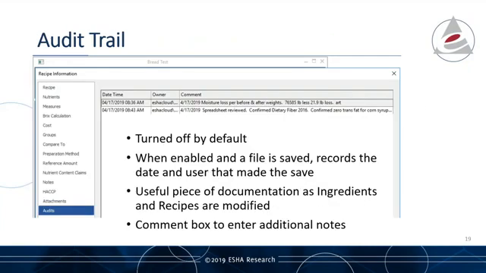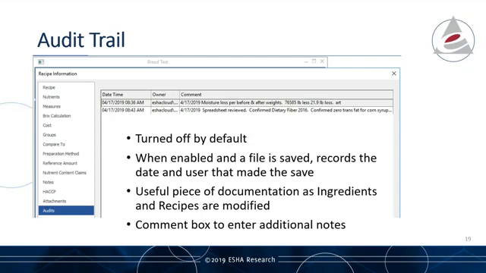And one last item I want to mention before jumping into the program is the Audit Trail feature. The Audit Trail can be enabled so that when a record is saved, a date stamp is added and user information is logged. And you'll see a comment field so you can enter notes on specific changes that were made or any other information that you need to track as part of your record keeping. The recipe features include notes fields that you could also use to log notes and manually record this type of information, but the Audit Trail automates the process a bit more, and it encourages the habit of